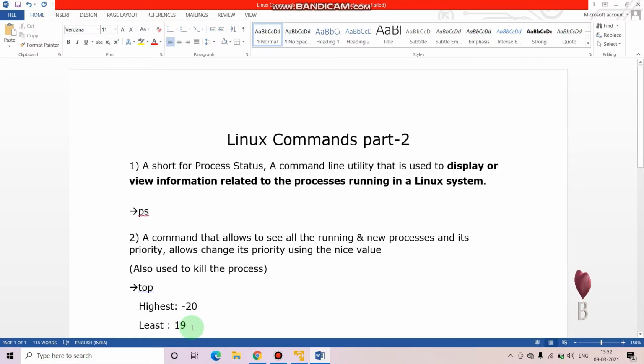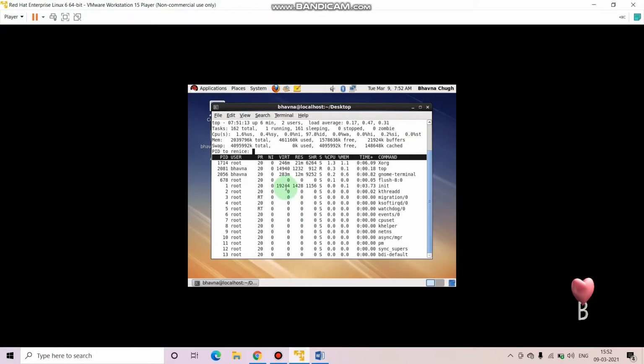I'll do this first. It will first ask for the PID number, that is the process ID number. These are the process ID numbers. I will change the priority of the top command only. The top process has PID 2081.